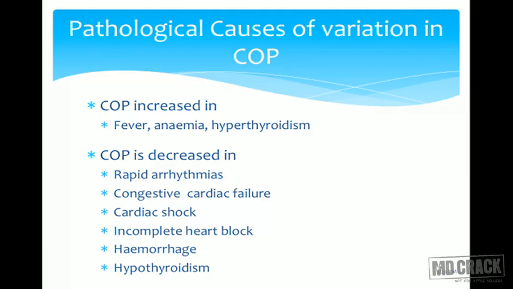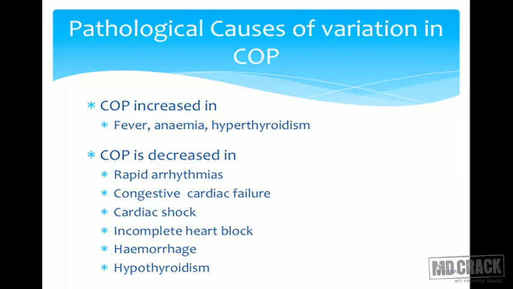In cardiac shock, the cardiac output will decrease because it can result either from a tumor or from myocardial infarction, any tumor present in the cardiac muscle fiber. And in incomplete heart block, the action potential is not spreading rapidly, and because of that, some action potentials from the SA node don't reach the ventricle. Because of that, the heart rate will decrease, not the heart rate, but the ventricular rate will decrease, and because of that, the cardiac output is again going to decrease.